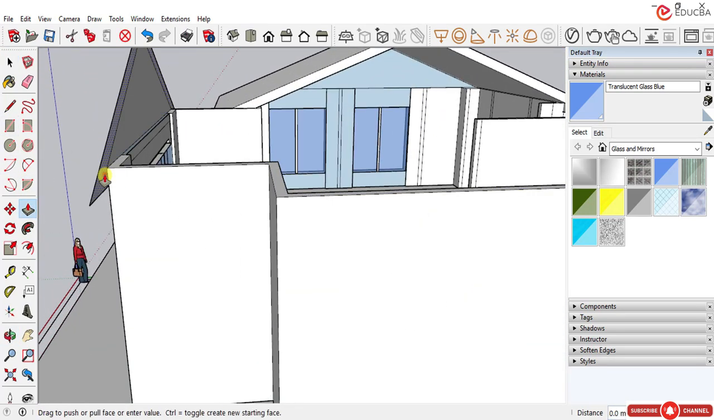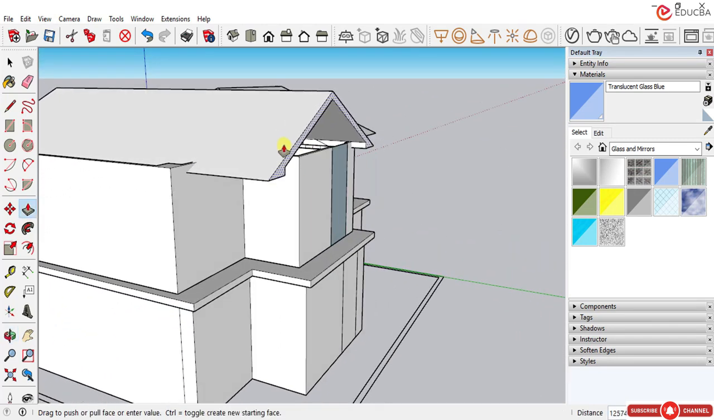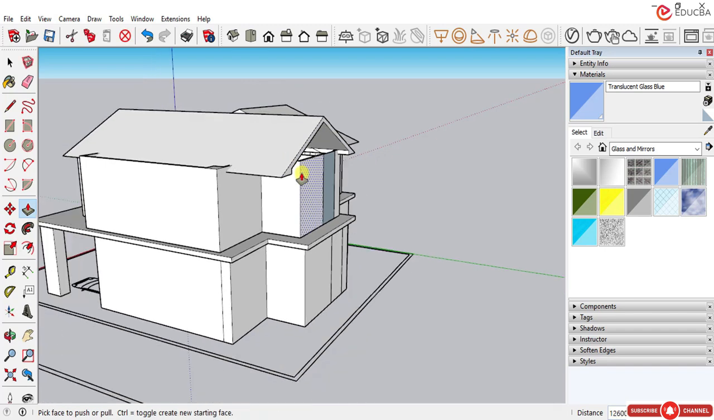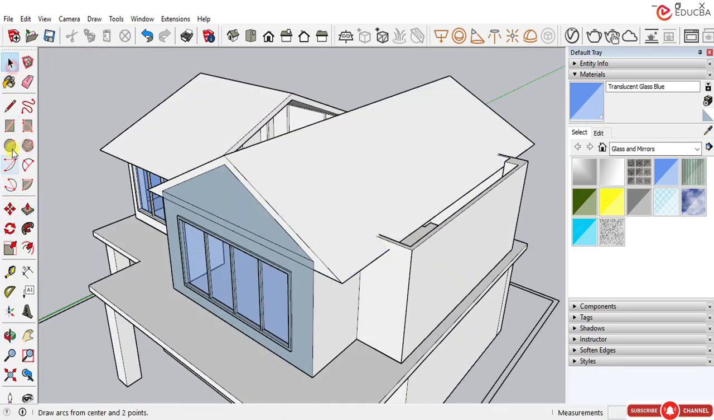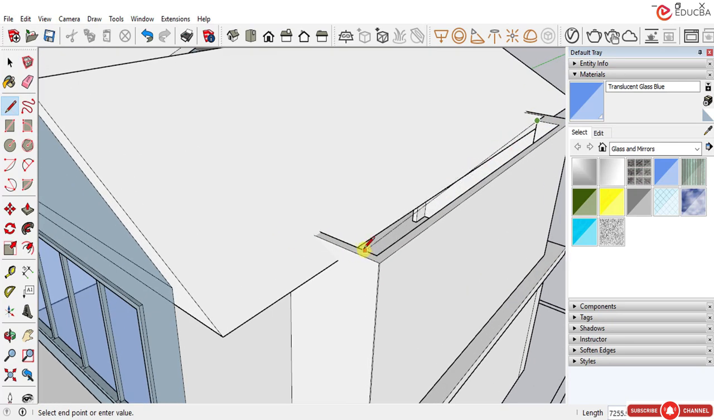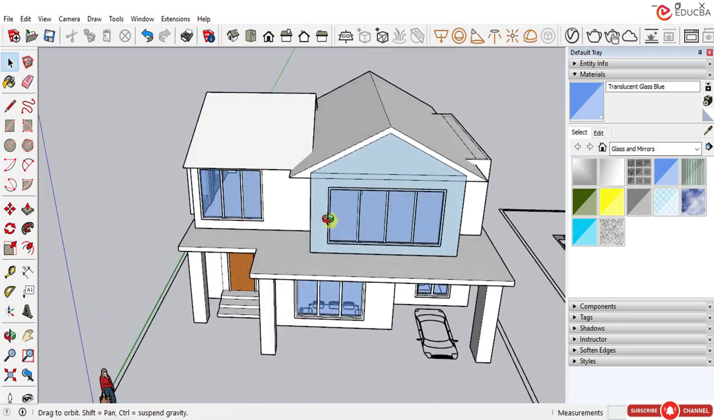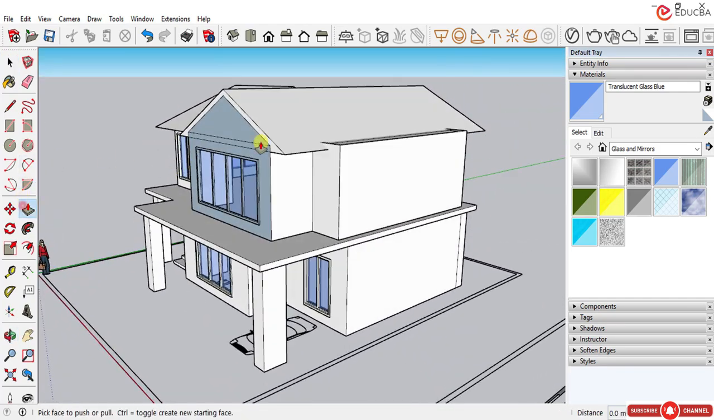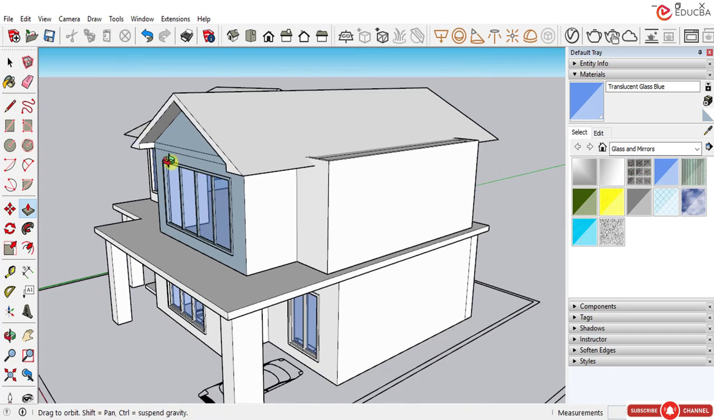create here 2000, 12,600, like this. Make one line here to close this, like this. And now here also we require 600 offset, 600 push and pull, like this. And